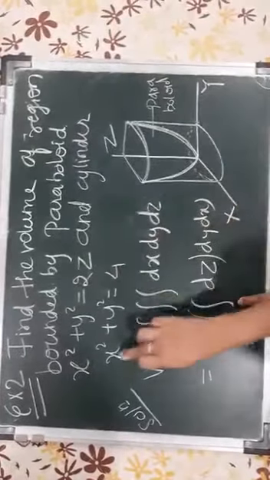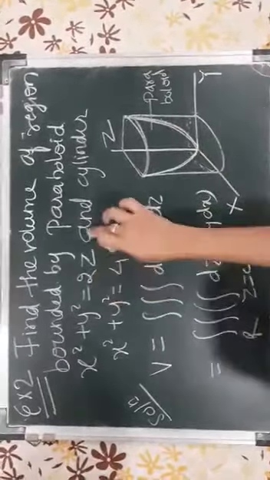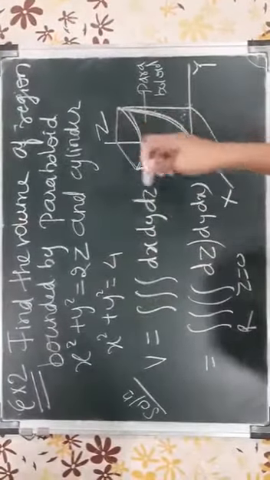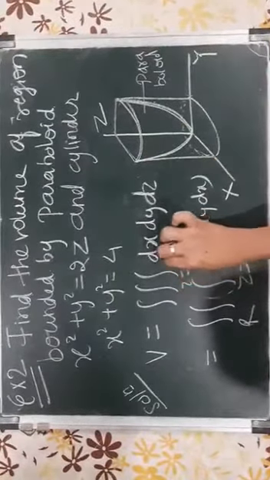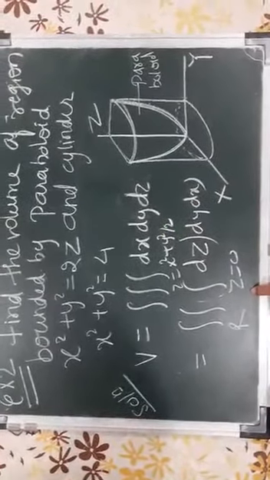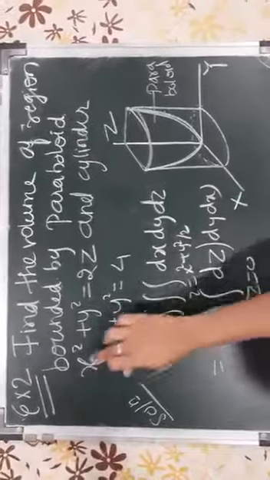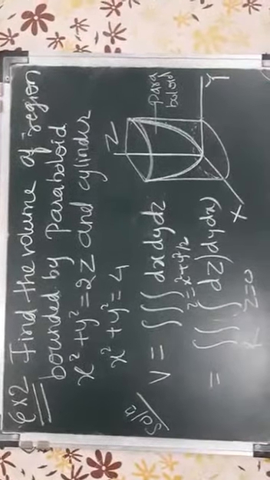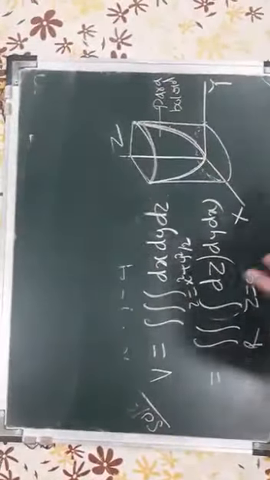What are the limits of z? In this equation there is no z, so z is equal to 0 to z is equal to this plane, that is section of that circle which is there. It will become z is equal to x square plus y square by 2. So the limits of z are obtained immediately because there was no z term here, so z is equal to 0, and here the z term is x square plus y square by 2. So this integration can be done easily now, and therefore your volume formula reduces to v is equal to